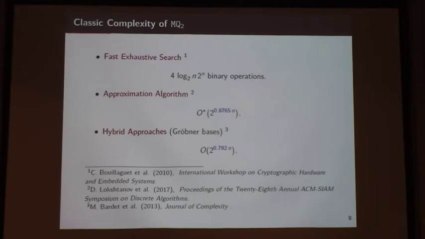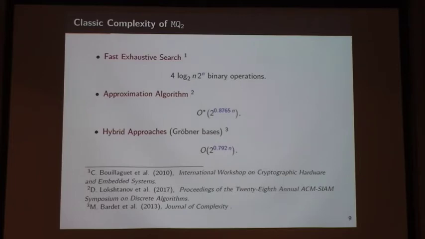In terms of the classical complexity, we have exhaustive search, which is brute force basically, and fast exhaustive search is order of 2 to the n binary operations, with fast polynomial evaluation at 4 log n for the polynomial factor. The second algorithm is an approximation algorithm, which came out in 2017. It approximates all of your lower degree polynomials with one high degree polynomial, and then provides a probabilistic method to find a zero